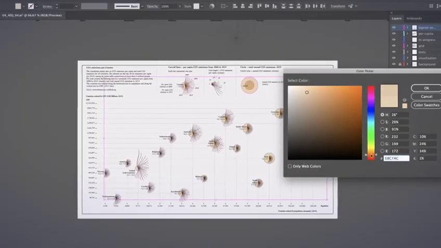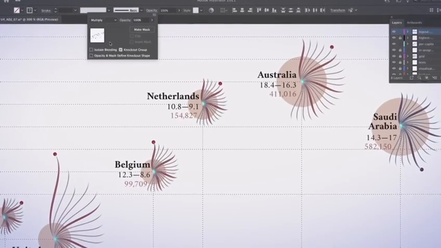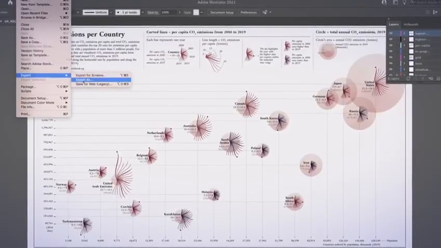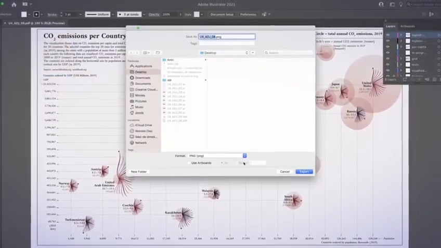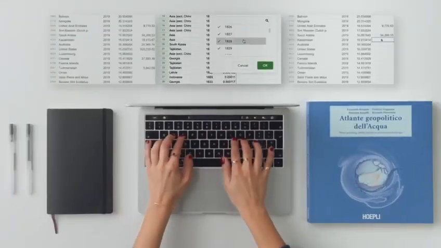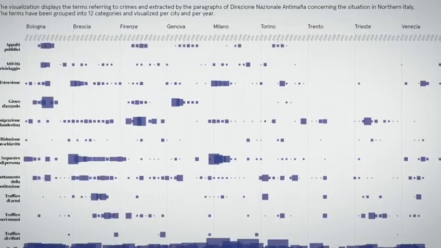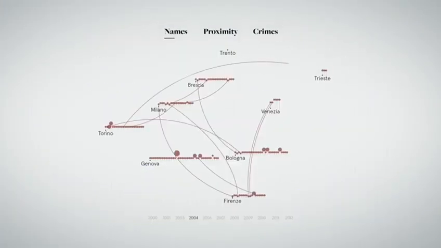I will also teach you how to use raw graphs to build the skeleton of our visualization and show you how to edit and refine it in Illustrator. Lastly, we will create legends and finalize our visualizations by adding details and exporting it for publishing. By the end of this course, you will be able to translate numbers and information